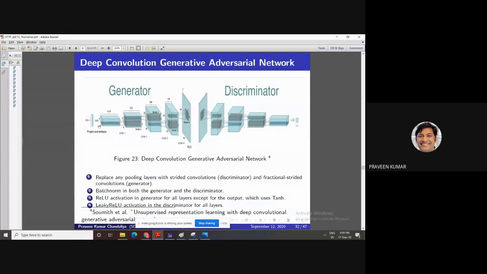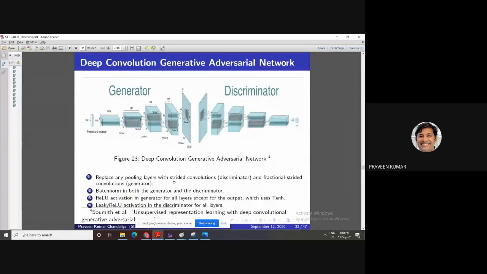For the generator, I have taken this diagram from the DCGAN paper. It starts with a 100-dimensional input, then the filter is 4 cross 4, then the feature map is 1024. Then upsampling, which is a similar concept to a decoder. Then upsampling again, and it generates the image with the help of this random noise. This is the generated image, or fake image. Then this is passed to the discriminator, which again decides, as a classifier, whether it is real or fake.